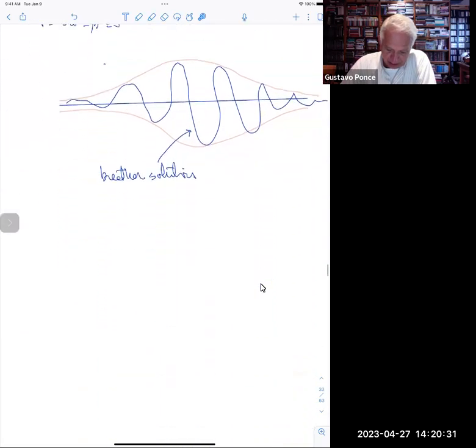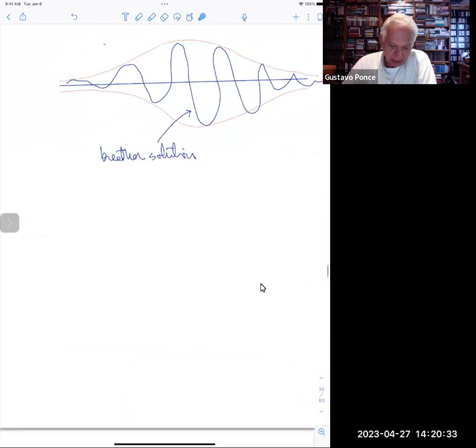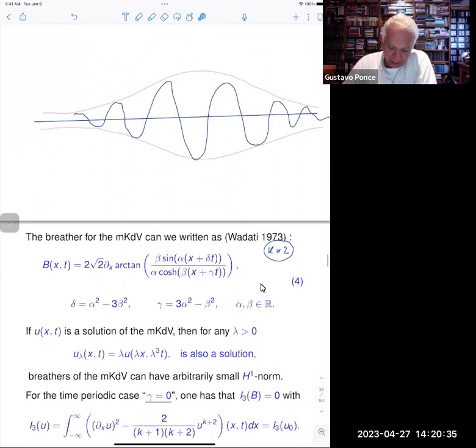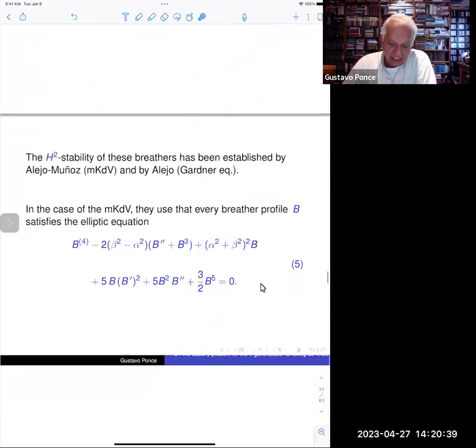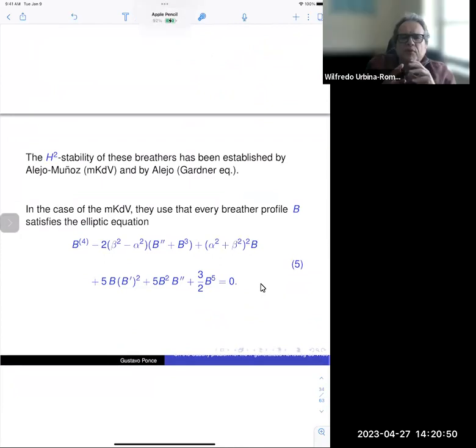Right? Okay, then we saw that we have breathers in another equation. And then you can ask the first question: are the breathers stable in the sense that we already studied, the stability of the traveling wave? And just for completeness,